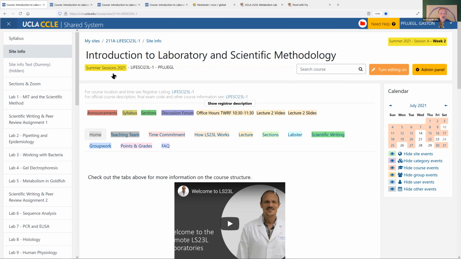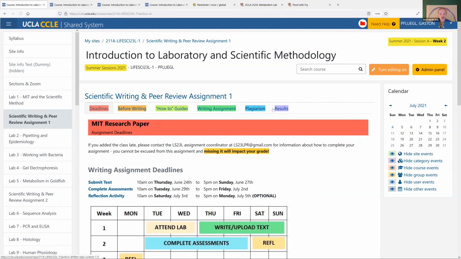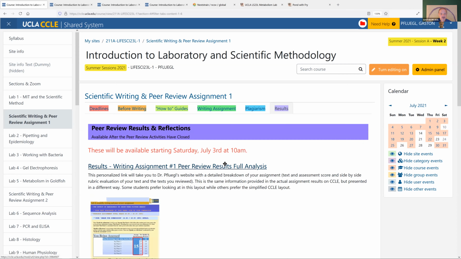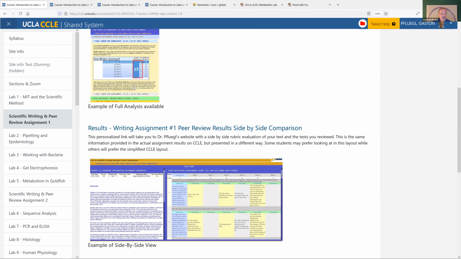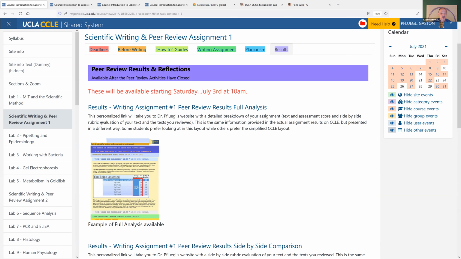the website. So this is your first writing assignment, right? Remember the reflections are on the results. They're due tomorrow, 5 p.m. So if you haven't done it yet, they're here with your side-by-side and results. You can look at your results there. So that's left over from last week.